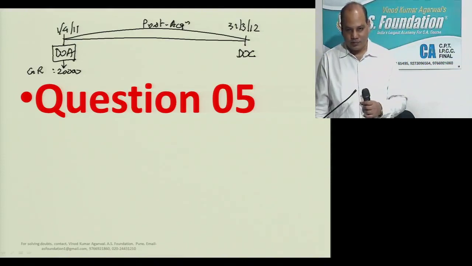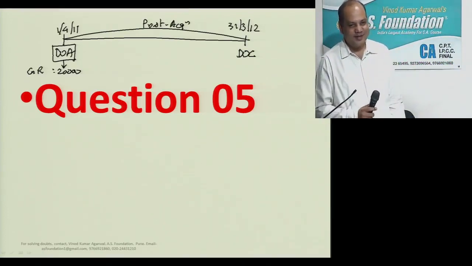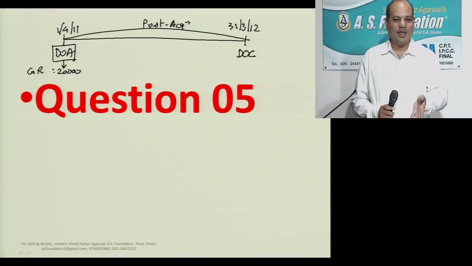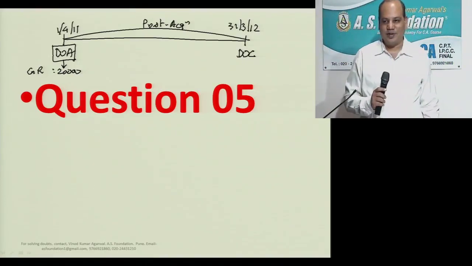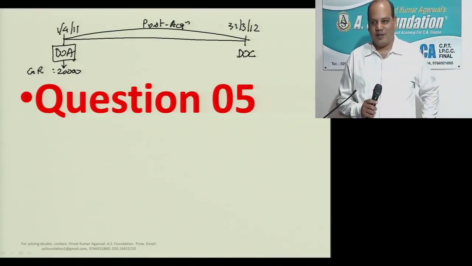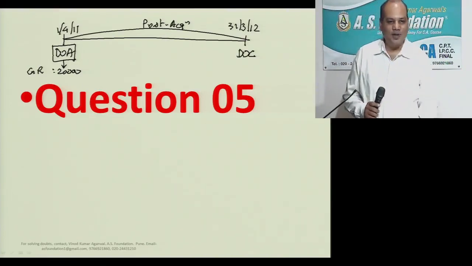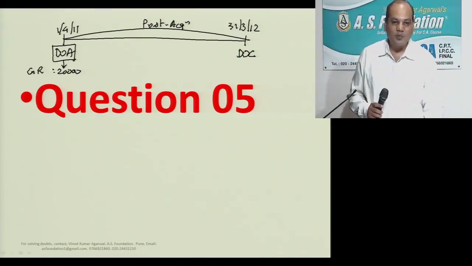Useless sentence. This will not affect my answer. Ignore it. Why ignore it? Because this is the holding company's opening balance of P&L account, which I don't need. Holding company has paid the dividend. It has gone to outsiders. No side effect of that. And it has been already paid.